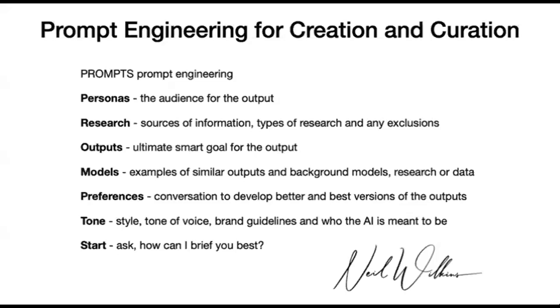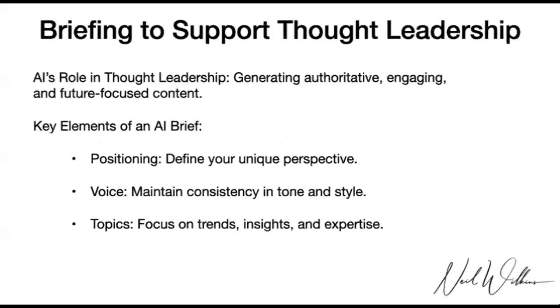in that prompt bar where it says, ask me anything. Turn this around on its head and don't tell it what you want to do. Say, look, how can I brief you best? What would you like to know from me? And I will guarantee you that some of these things in the prompts acronym will be included in that list, but your particular AI might also want to know some other stuff. So that's really important. Beginning with, how can I brief you best, gives it a chance to open up that conversation with you. And then you can do all of those other inputs to start this conversation flowing to get the best output.